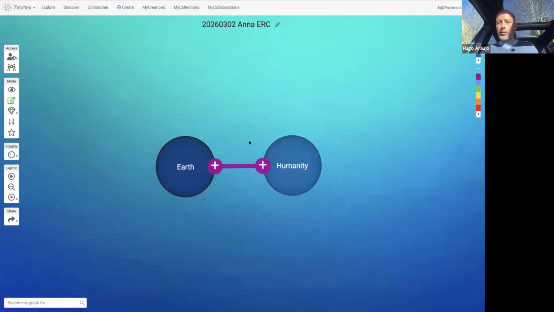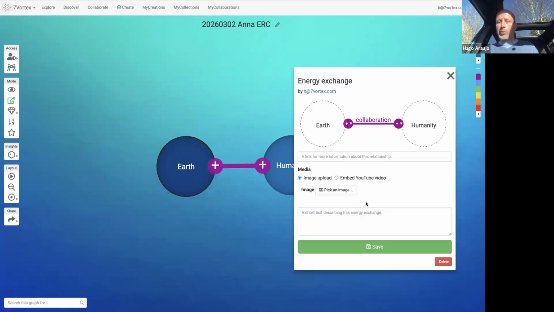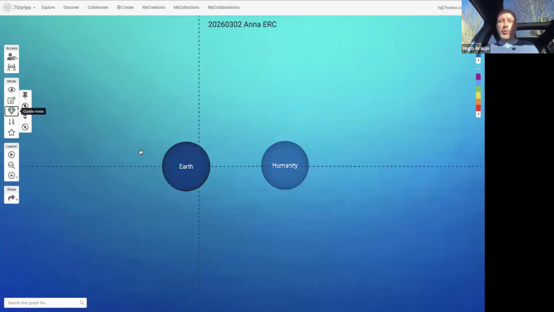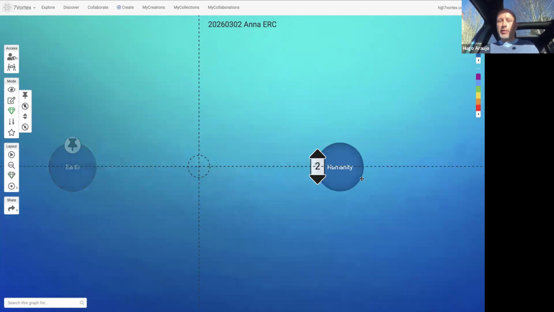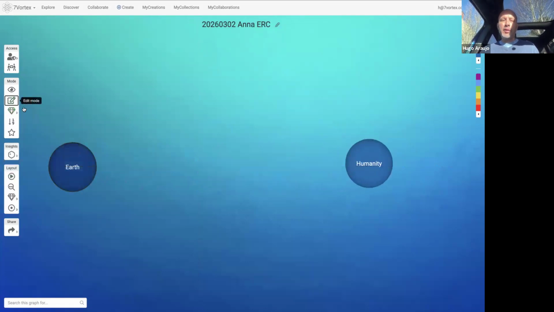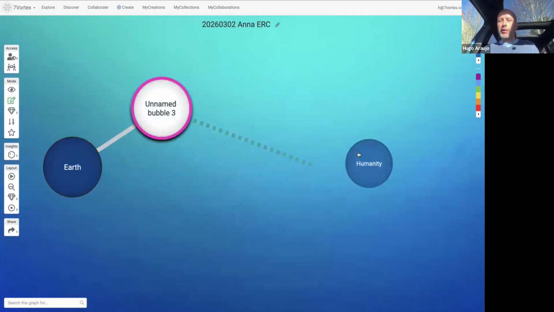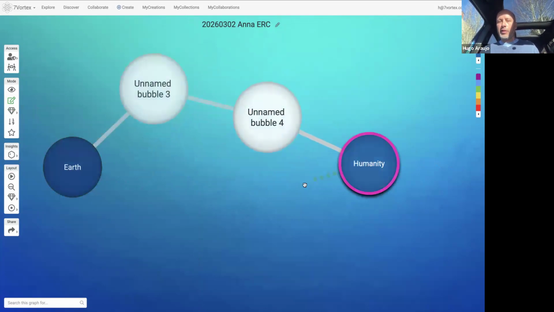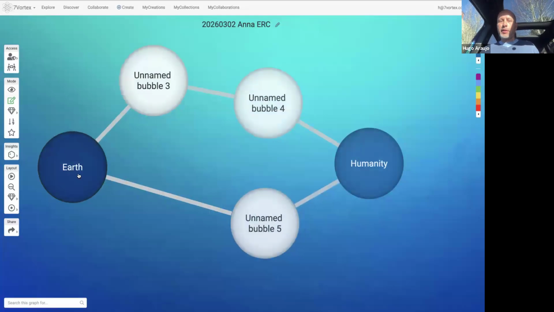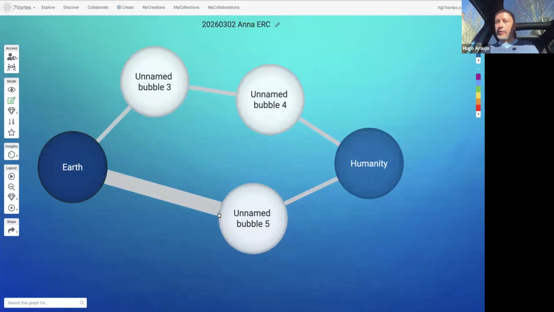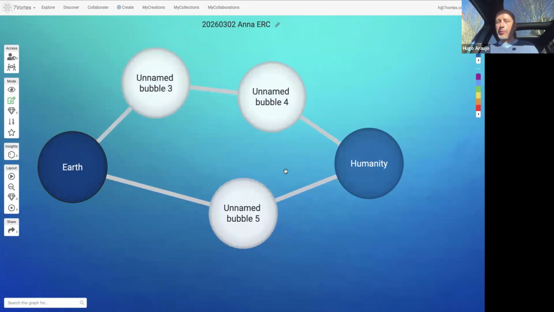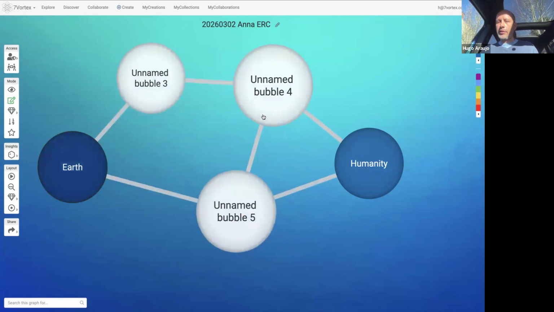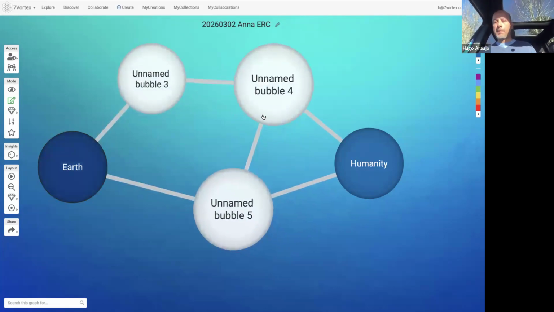So if you want to create another one, or if you want to say, oh, let's explore what is in there. So let me just delete the relationship, and I will put one here and the other one here. So now we can see that there might be different factors of humanity doing this or doing this. So we don't know, right? We're just guessing for the moment. But this is how you can express like a map, and I can create a connection from one to other like this. I don't know if until here you have questions.